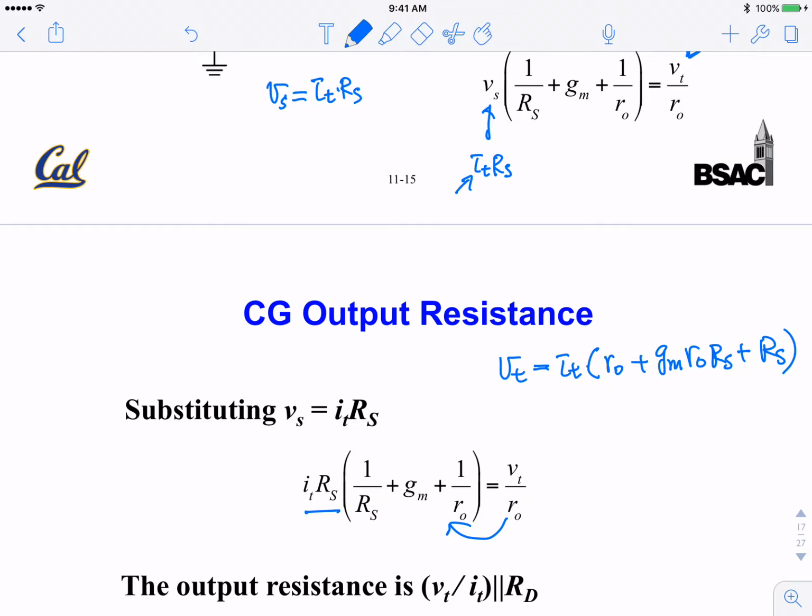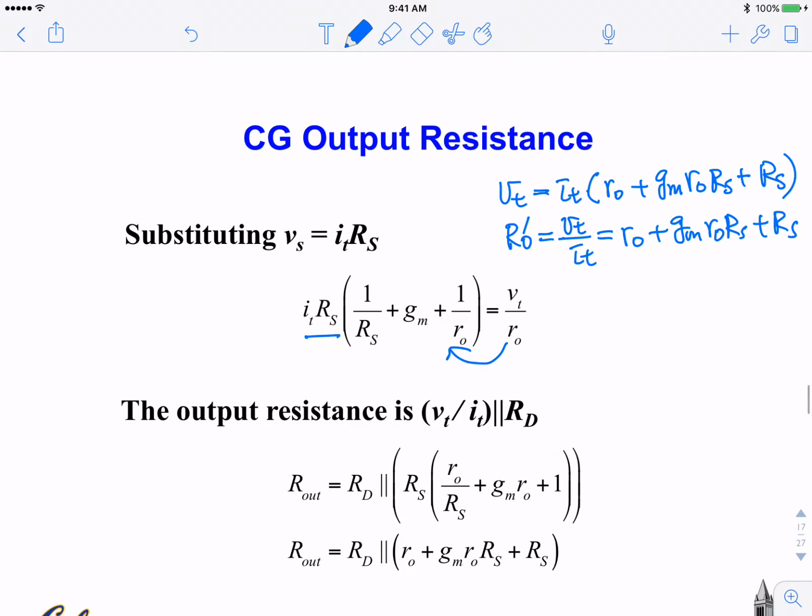So this is actually R out prime. It hasn't included the RD yet. So let's call this R out prime. Vt divided by IT is equal to R0 plus GM R0 Rs plus Rs. Okay, so now here we can use our